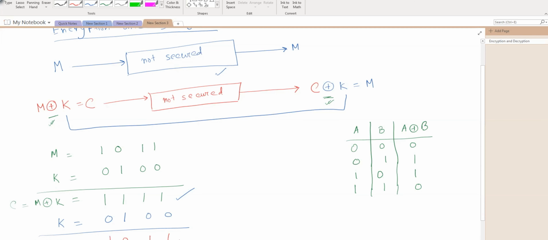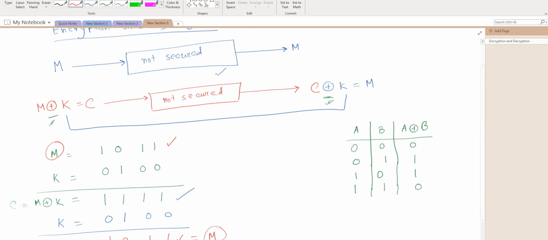If you match this with the original message, you will see that you have got the original message at the receiver end. So whatever message you wanted to transmit, your friend will be able to recover it successfully.